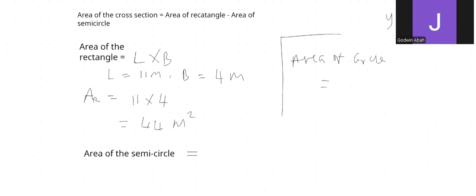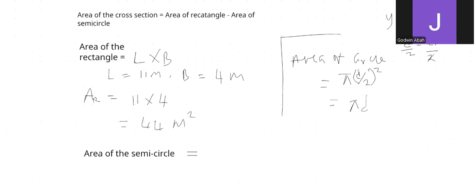But since you are solving in terms of the diameter, remember that your D is equal to 2r, right? So if you are representing the r with your D, you divide by 2. So your r is going to be D over 2. Instead of r squared, you're going to put D over 2 squared. Now this is the area of a circle, and the area of a circle in terms of D is going to be pi D squared